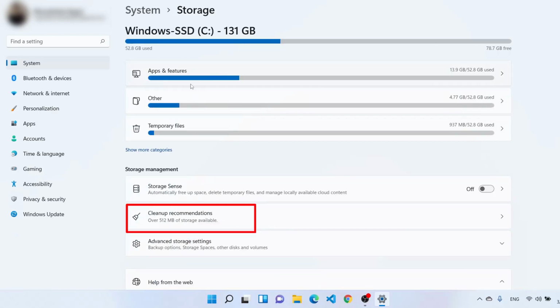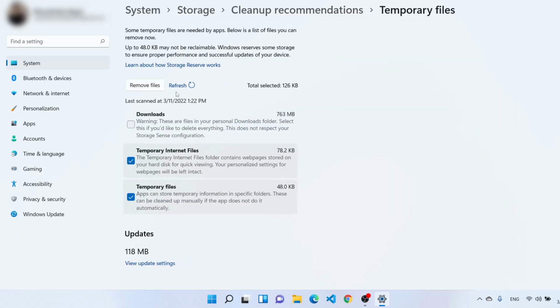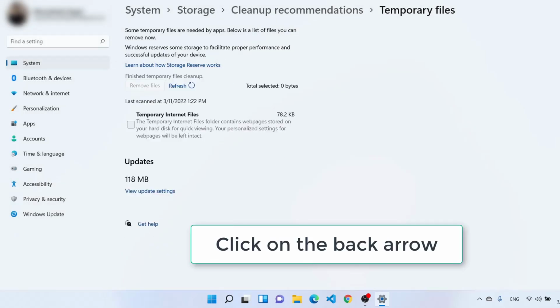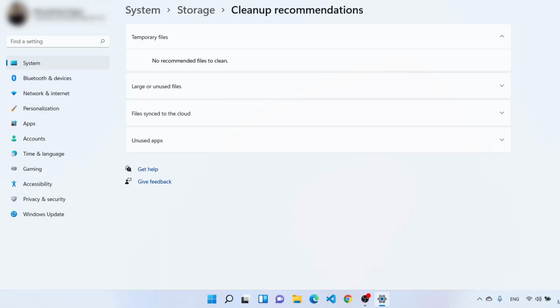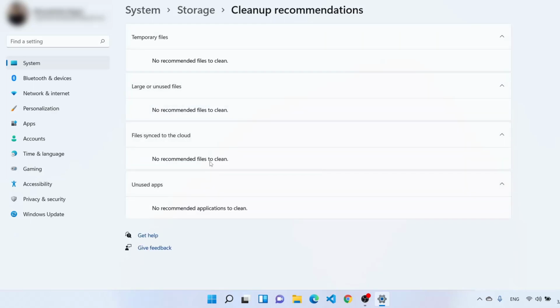Clicking on the cleanup recommendations here, we can see the Downloads folder still occupies some amount of storage space. We can clean up that too. Now as we can see, the temporary files has no recommended files to clean. Also other sections have no recommended files to clean as well. Going back to the storage settings,